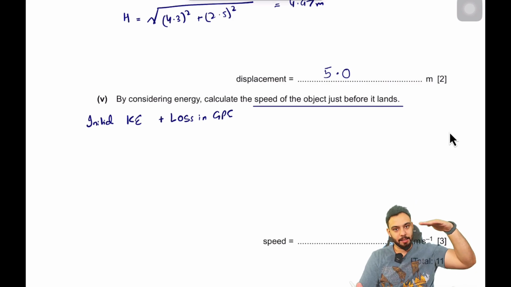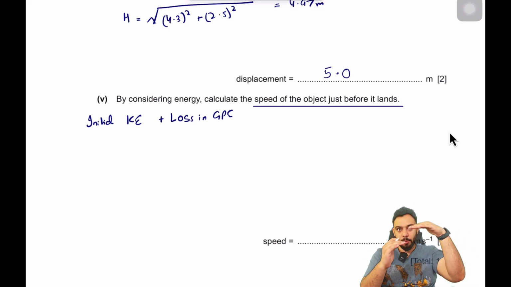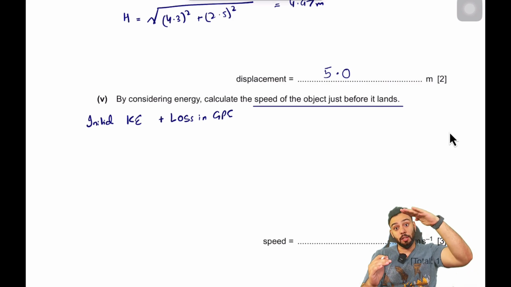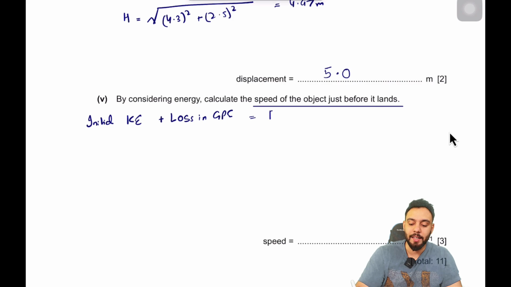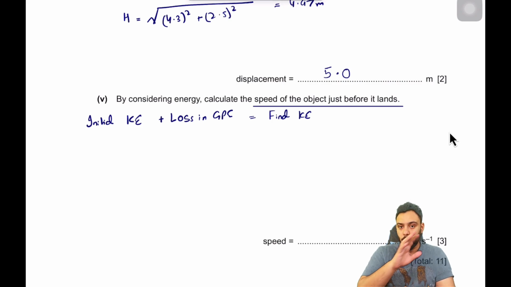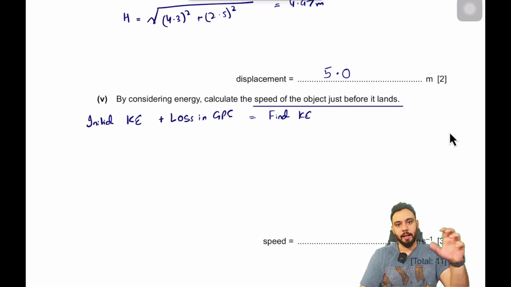So initially it has a kinetic energy. Since the height is going to decrease, that gravitational potential energy is going to be lost. Where would that GPE go? It would convert into kinetic energy. So that is going to be equal to the final kinetic energy. So there are two things to remember here. Since there is no air resistance, initial kinetic energy is not going to be lost